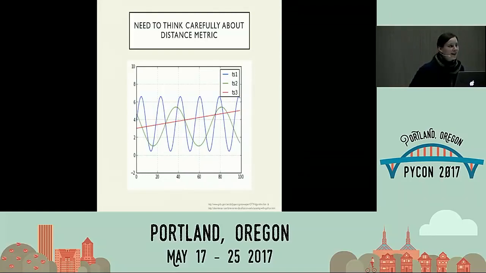The green and the blue. Does anyone disagree? Anyone at all? No, right? I mean, it's so obvious. It's so silly I'm even asking this question. And yet, if you use Euclidean distance, those are not the most similar, right? So this is the proof that you don't want to use Euclidean distance when you're comparing time series, okay? If you use Euclidean distance, it's actually the blue and the red that come out much closer together for some reason than the blue and the green. So there's your proof that you need a better distance metric.